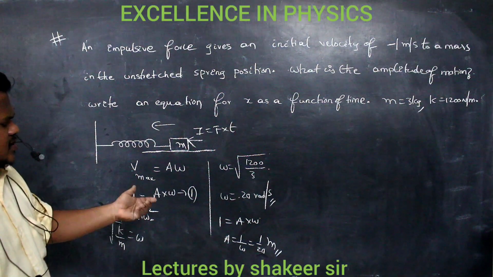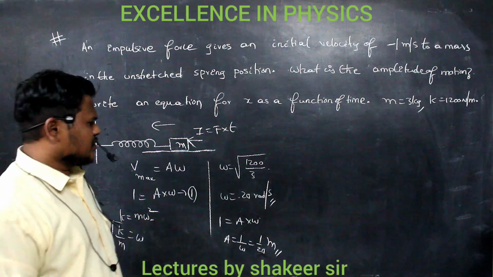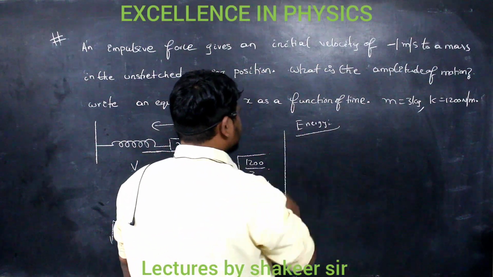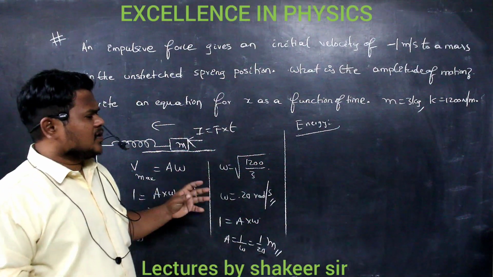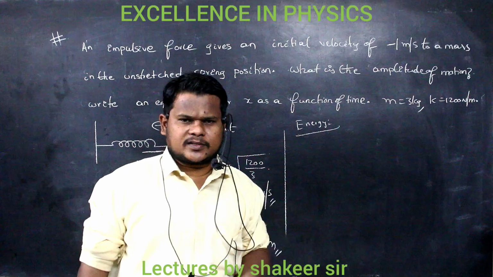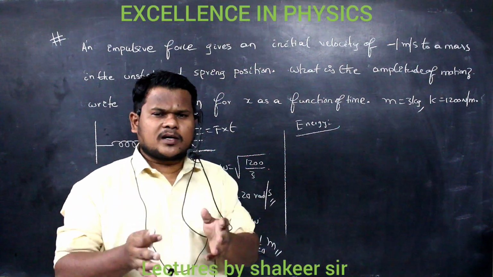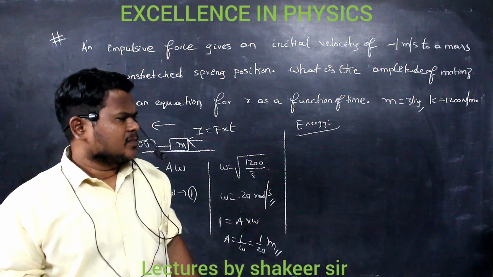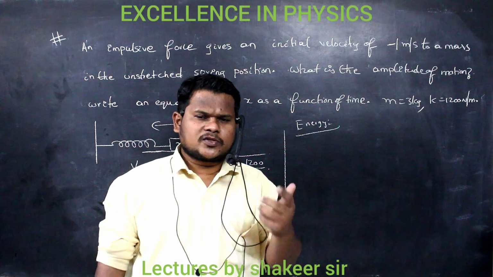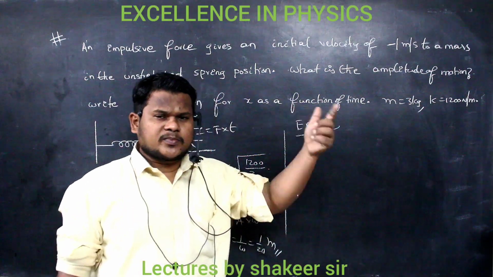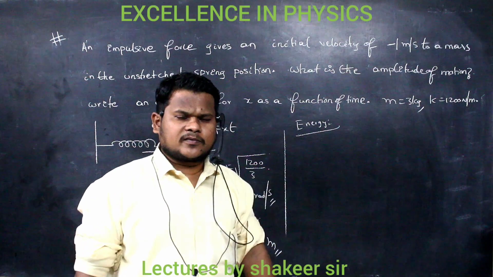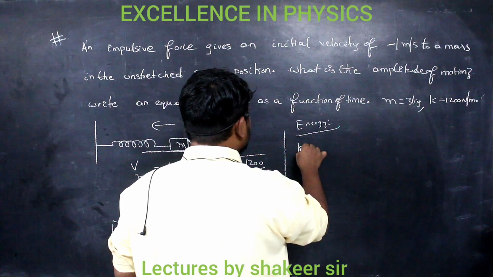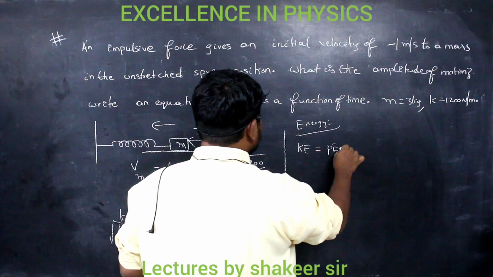Clear? So the same method I can use by law of conservation of energy also. So I can also use the energy concept. What is meant by the energy concept? Simple harmonic motion will have the highest velocity at the mean position. It means there the total energy possessed by the body is only because of kinetic energy. Because there is no elongation at the mean position, there is no potential energy. And at the extreme position, this total kinetic energy would have been converted into potential energy. So at the mean position, total energy is only kinetic, and at the extreme position, total energy is only potential.